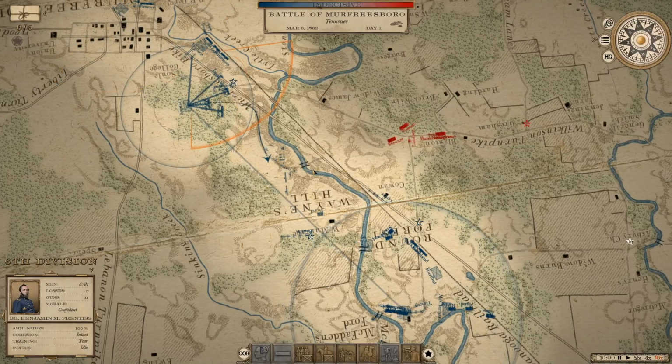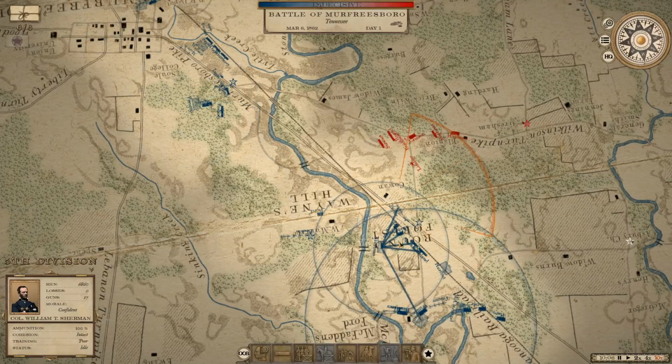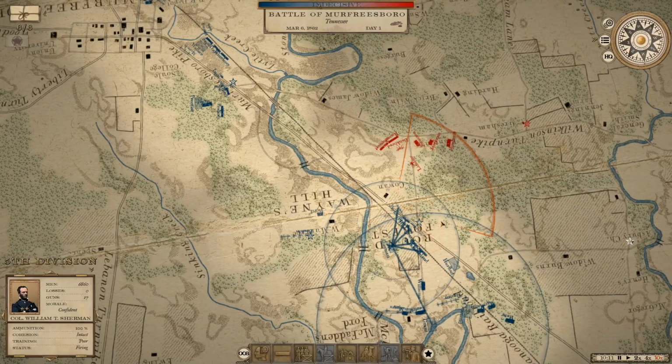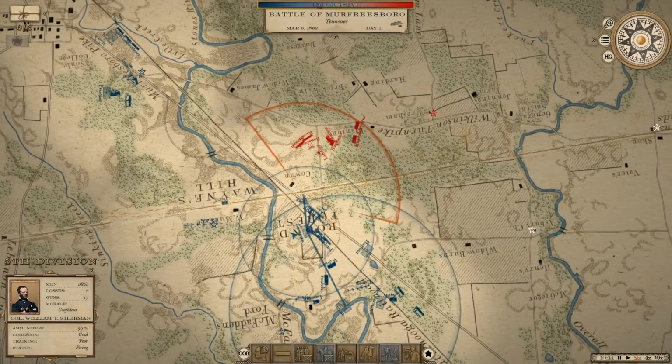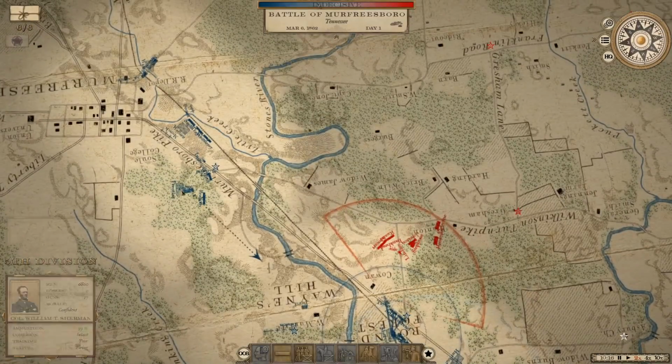All right, move the 6th Division up here toward this crossing. Hopefully they don't get in behind our flank. You can see here they're moving south. Looks like they're turning to face us. So Sherman's division, let's slow things up a bit. Sherman's division's detected a large Confederate force to his front as he's trying to get into position near Round Forest. Meanwhile, we're going to bring